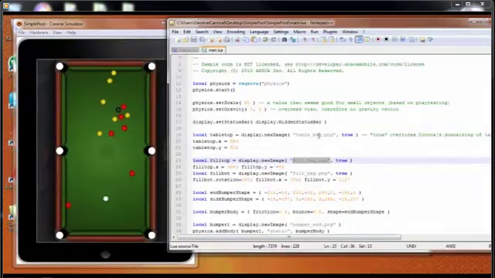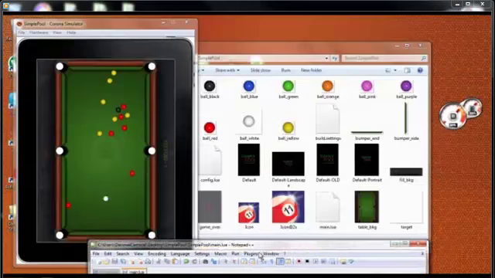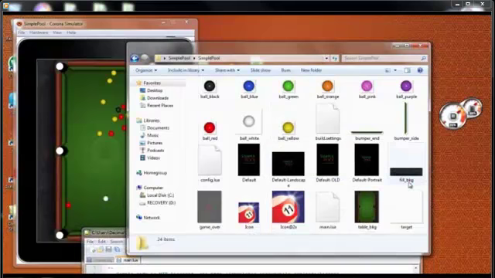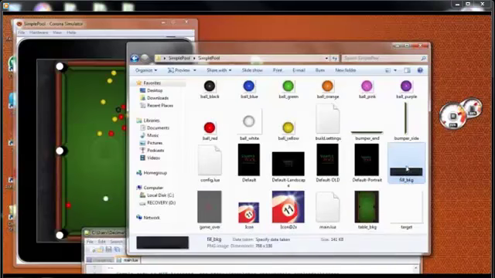So if this fill BKG wasn't in here, which is this right here, if that wasn't in there, say I take that out, move to the desktop,